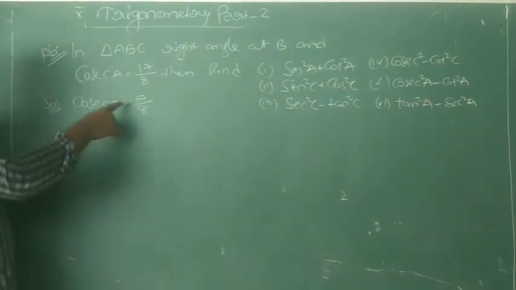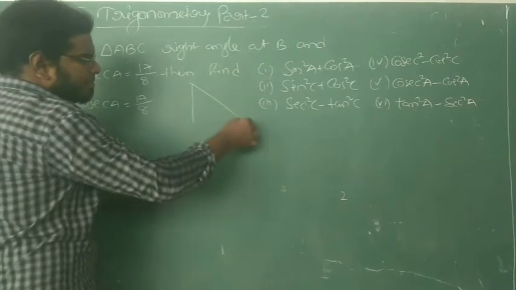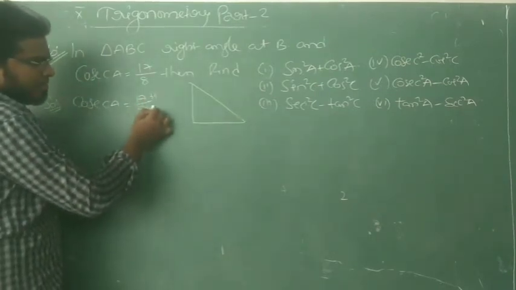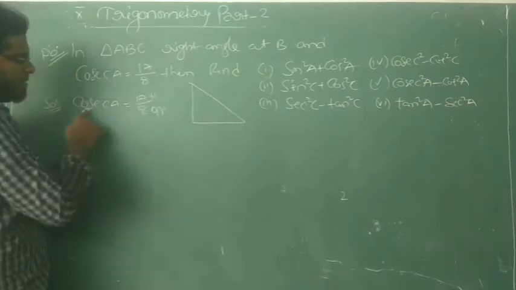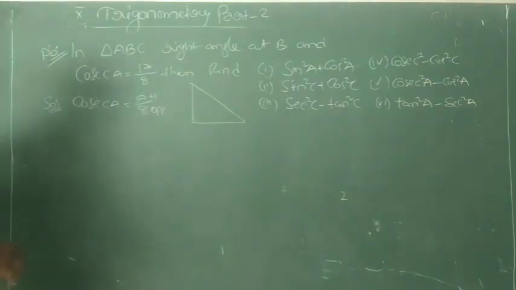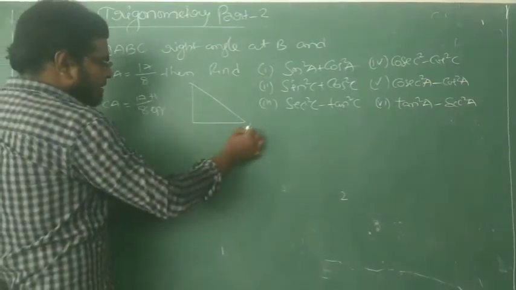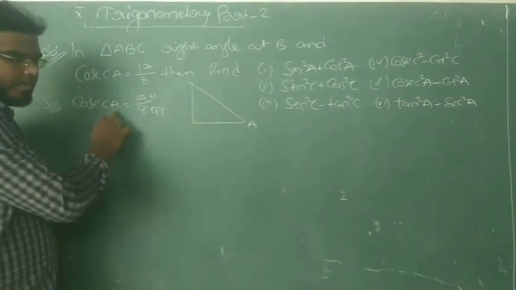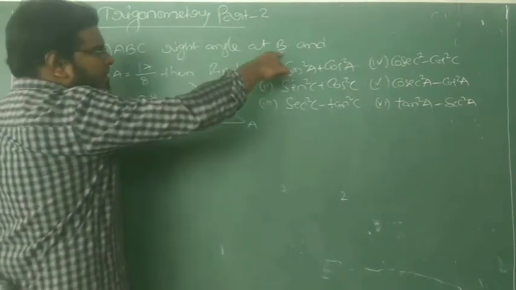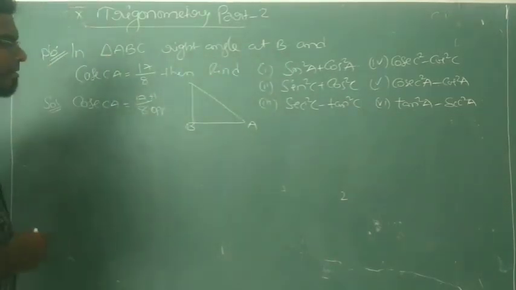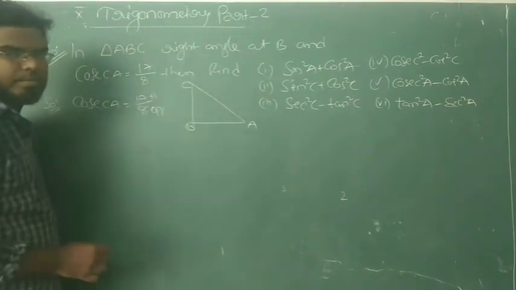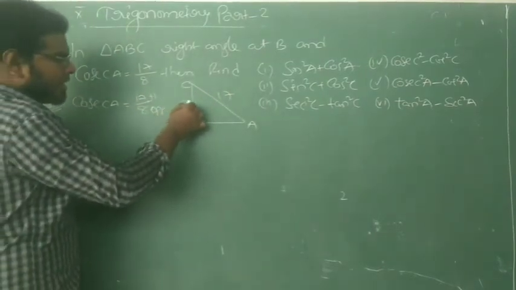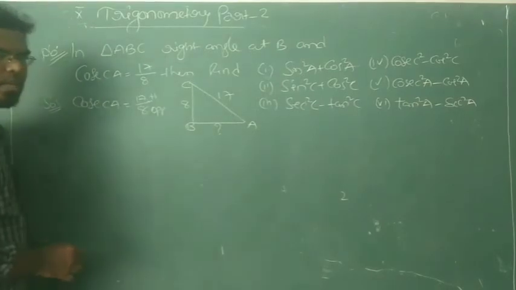Okay now, according to this, make a triangle. And this is, we know, the hypotenuse. And this is the opposite side, because cosec is the reciprocal of sine. Taking A here. Why are we taking A here? Because it is an acute angle, and B is a right angle. Already in the question it is given that B is the right angle. And C is here. Right? Now this is the hypotenuse and this is the opposite side. Now find the adjacent side.